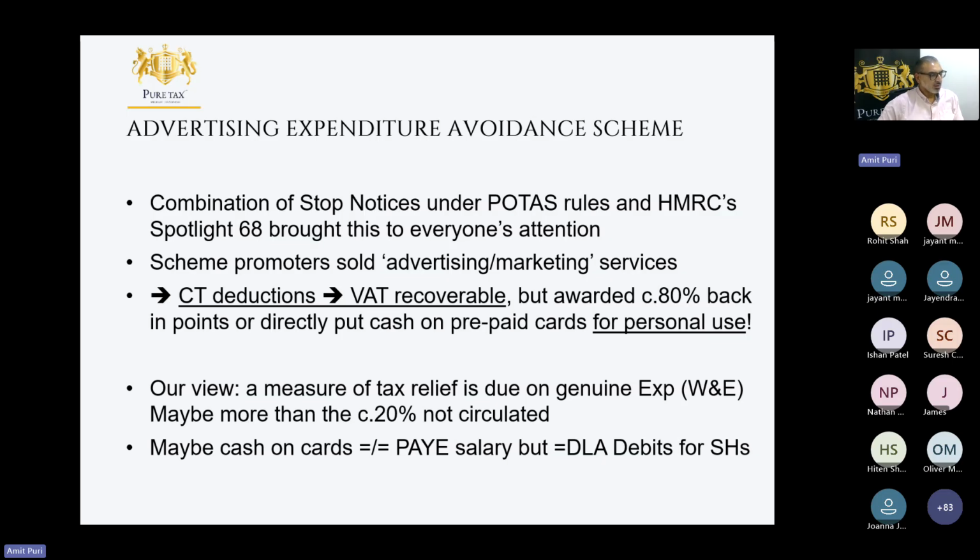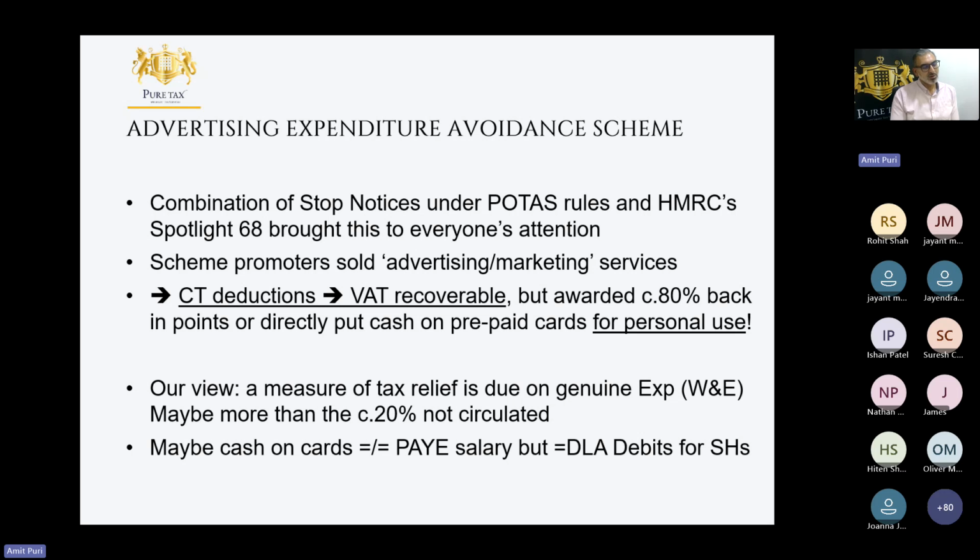As a firm here, we are working with only a handful of users of the scheme, which have got letters from HMRC. So we're trying to work out how much of the expenditure is going to be allowed on a wholly and exclusively incurred basis, and how we deal with the clawback. HMRC are saying that we want PAYE, we want NICs, but that's not always the only answer. We're dealing with obviously small, close companies. A lot of these people aren't taking salaries anyway, and are into dividend territory. So we're looking at dividends and we're looking at director loan adjustments. So there's a lot to play for here.